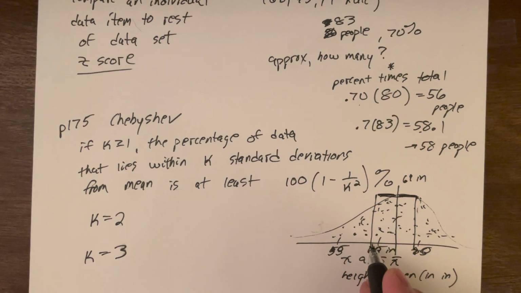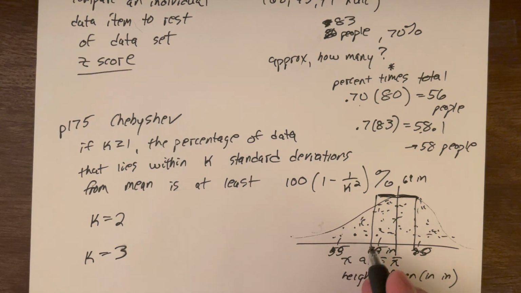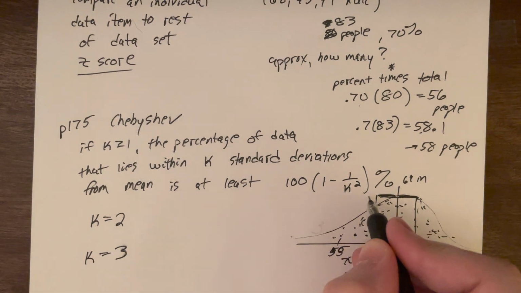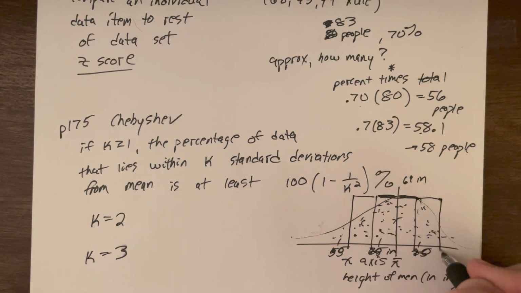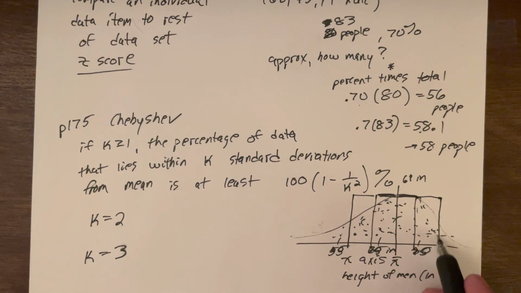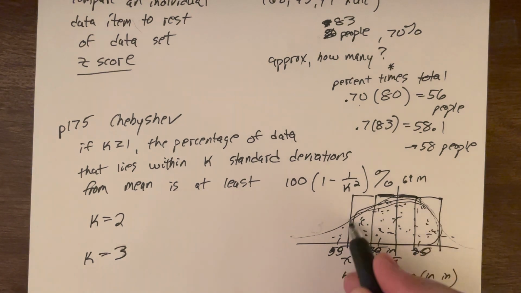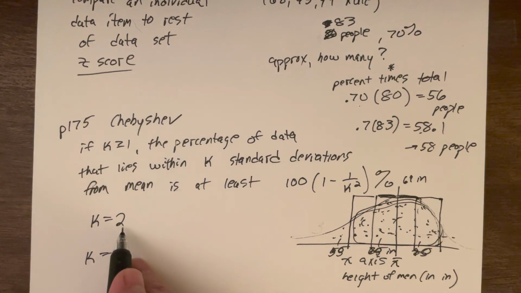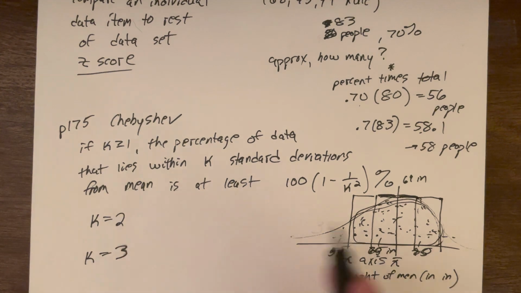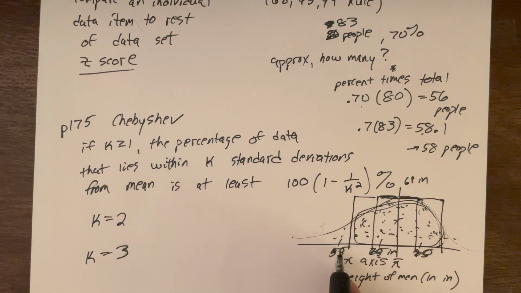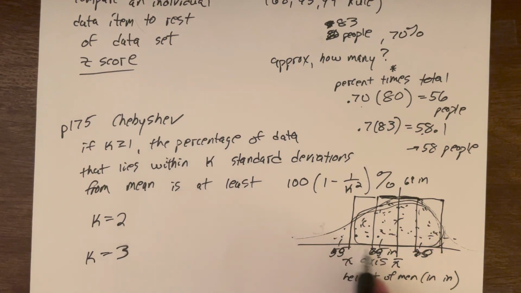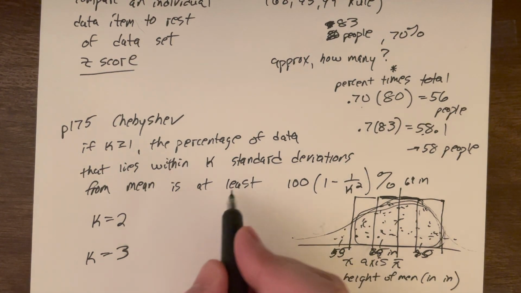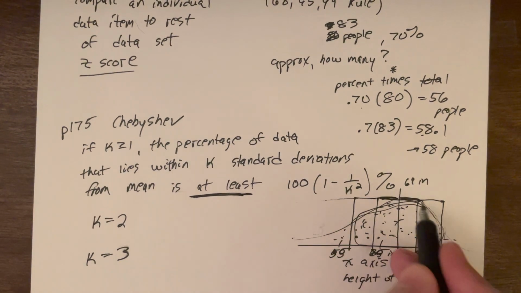Here I subtracted 1 standard deviation, and that gives me a data value. And then I'd add 1 standard deviation, and that gives me another data value. Subtract the standard deviation 1 more time, add the standard deviation 1 more time, and now I'm looking at these data values. I went 2 standard deviations from the mean, and when I say within 2, I went 2 below and 2 above, and now I'm looking at the percentage of data that is here. I'm getting at least this percent.